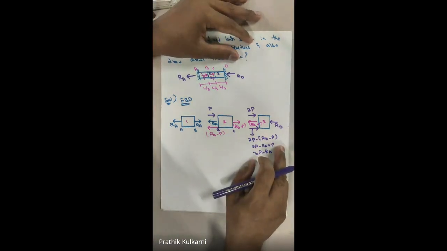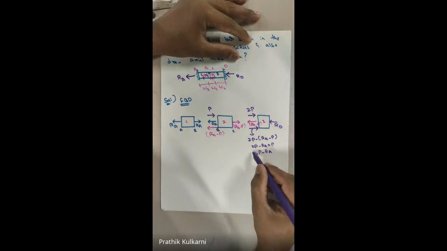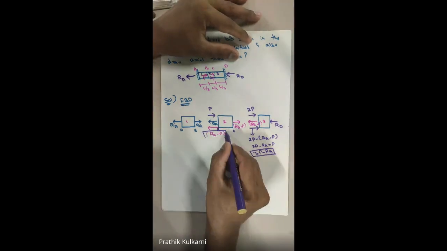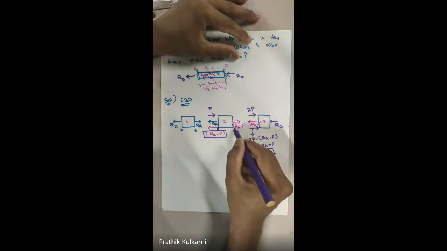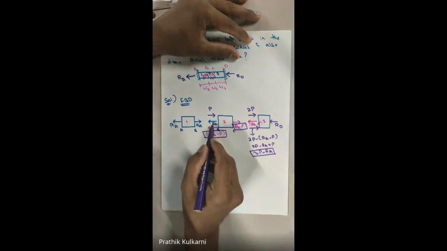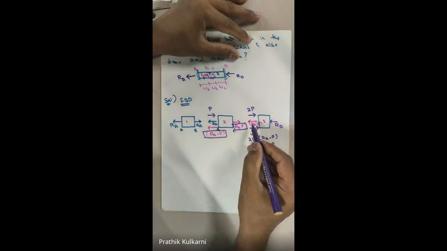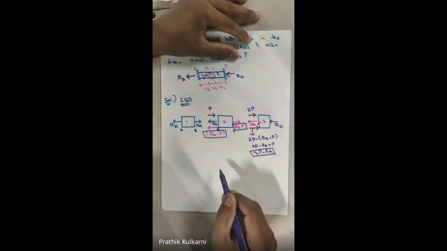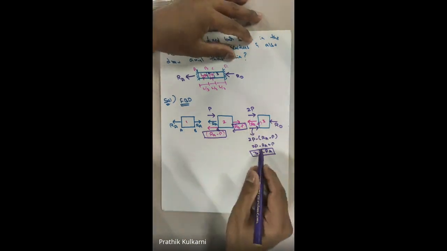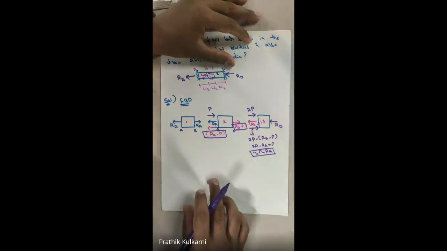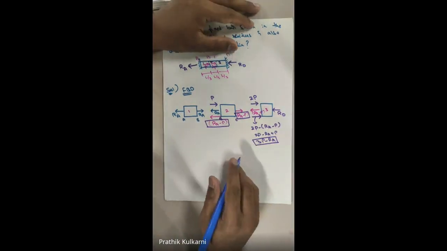Anyone, do you have doubt? So these are the total forces we have to take. Please be careful in the total forces. While taking here you might make a mistake. You might take RA, or you might take P, or you might take some 2P or RA minus P. Fine. So these are the total forces. So this is my complete free body diagram.